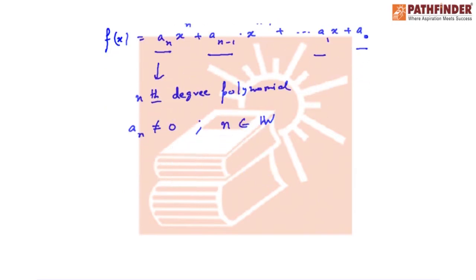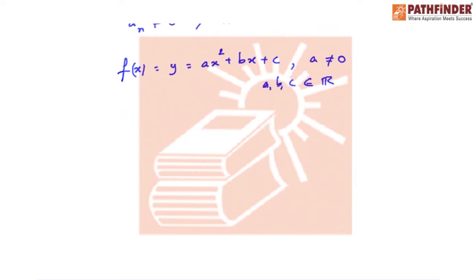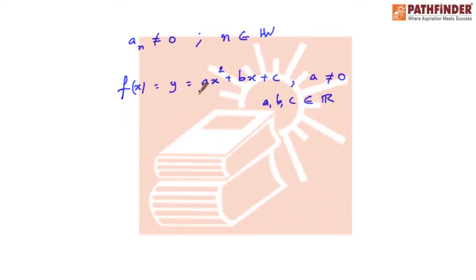Any polynomial of degree 2 in one variable, f(x) equal to y equal to ax² plus bx plus c, where a is not equal to 0 and a, b, c are real numbers, is called a quadratic polynomial. Now here obviously a is called the leading coefficient and c is called the absolute term or the constant term. Now consider a equal to 0. If a is 0, then f(x) becomes a linear polynomial given that b is non-zero. And if a and c are both 0, then y equal to bx is called an odd linear polynomial.